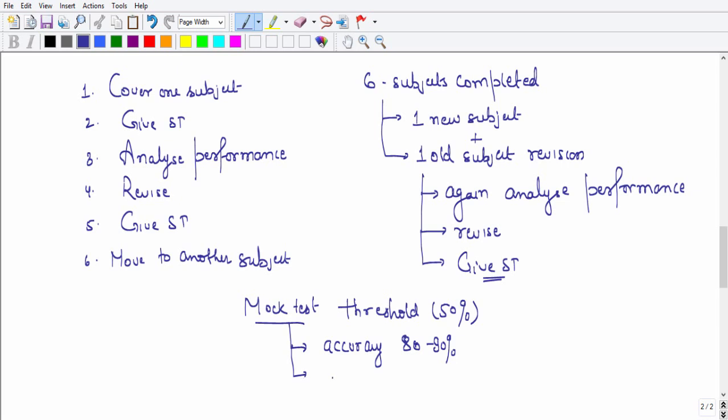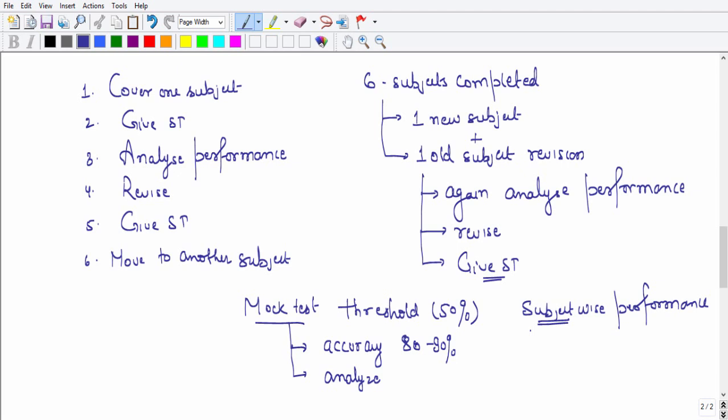Analyze your rank, and in mock test you will be getting the subject wise performance. Like in subject test I have chapter wise performance, in mock test I will have subject wise performance, and whatever I was doing with chapters this time, I'll do the same thing with the subjects. Whichever subject is my weaker area, I'll revise that subject and then I'll attempt the mock test in order to gain marks in that particular subject.